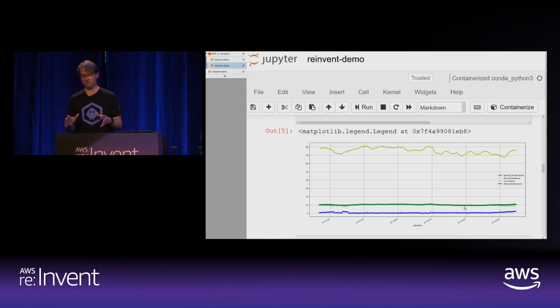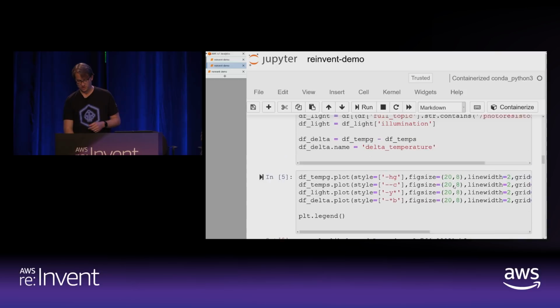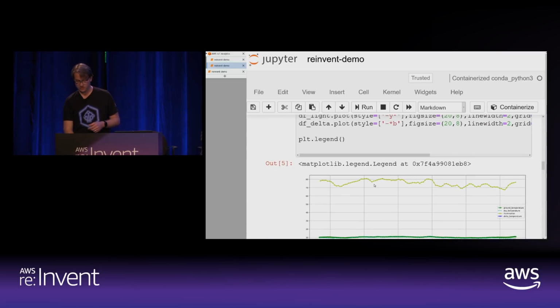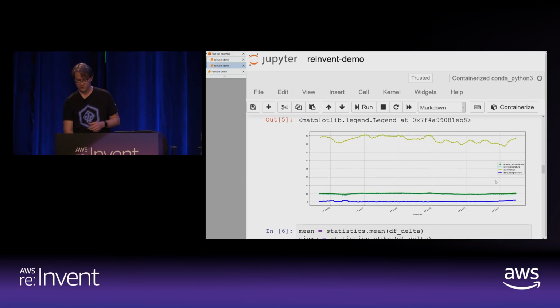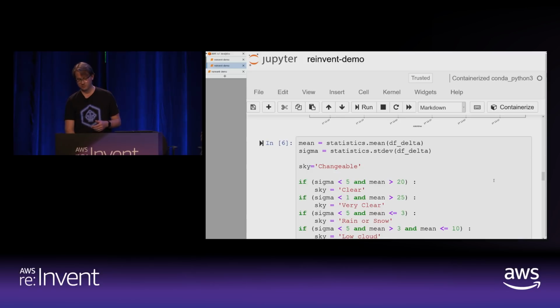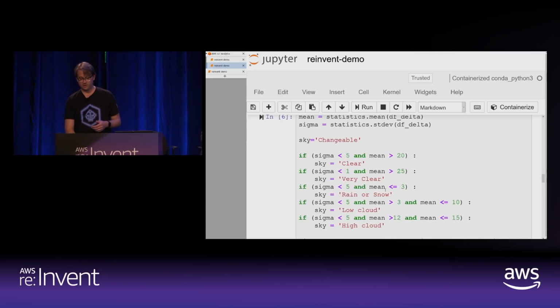And this is taken from, as I said, a real observatory in Seattle. The lumens here you can see are around the 75% average, and that would indicate to us that we're during the day. So let me actually just scroll down here, and you can see some of the logic about whether we do